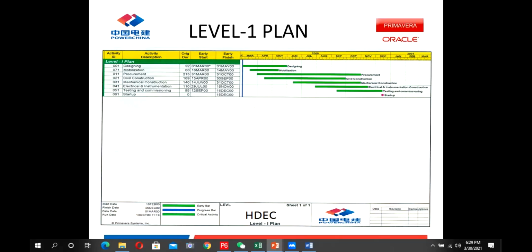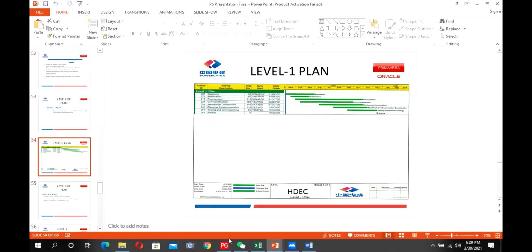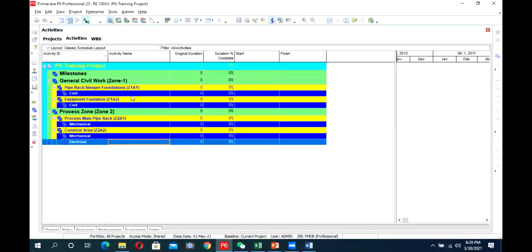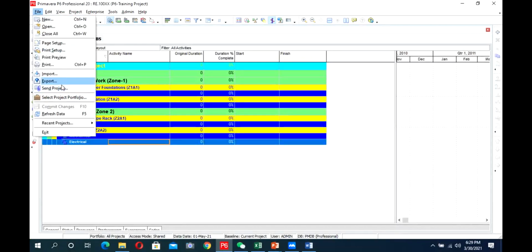Okay, now every one of you, please complete your exercises up to exercise 7A. And I will also share this XER file in the group so that if someone is behind, he can upload that file. I will give you an example of how to do it. We go to the first, I just export it.